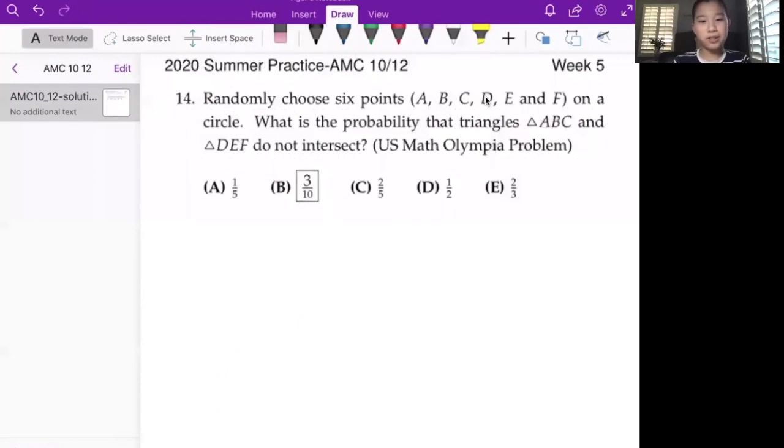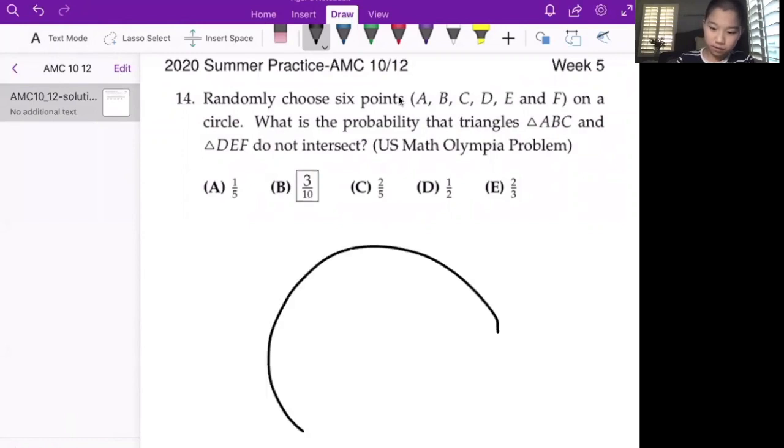Problem 14. Randomly choose 6 points A, B, C, D, E, and F on a circle. What is the probability that the triangles ABC and DEF do not intersect? Okay. So here is the circle, and here are the points,